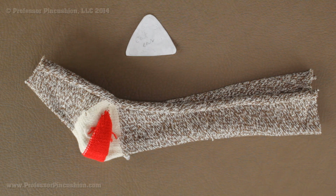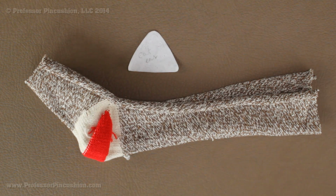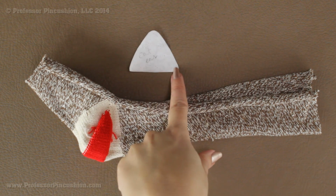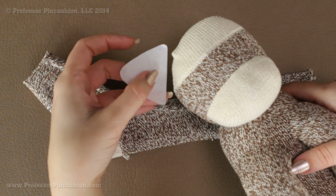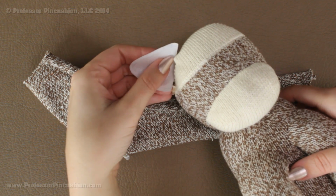One of the last things that we need to cut out of our leftover sock piece is going to be the cat ears. Now there's no pattern for this, just draw a triangle. And my size is about 1.5 by 2 inches here at the base. Just draw something that you think is going to be a good size. Take it to the top of your head, see if you like that size,